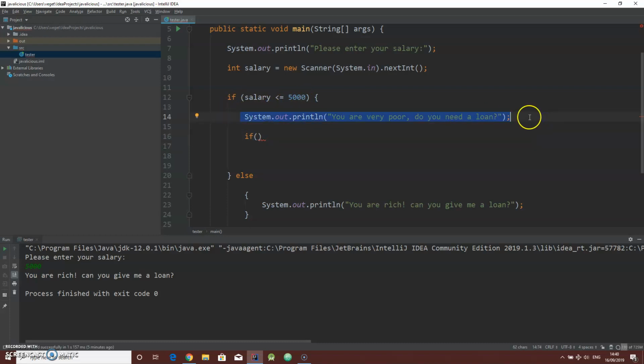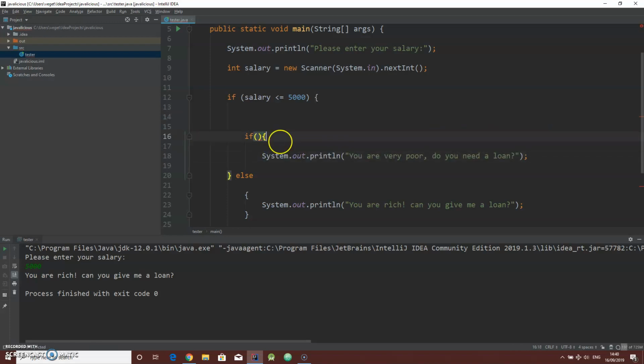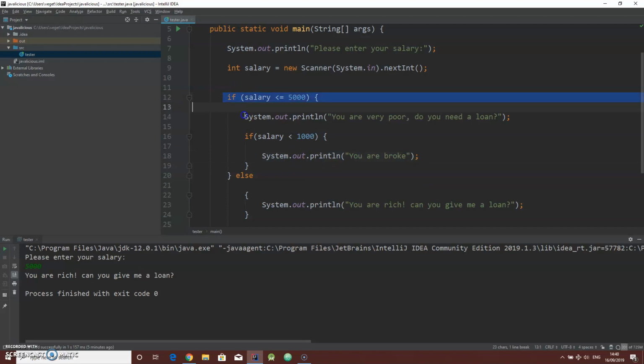But we can take this thing and put it here, and say if salary is smaller than 1,000, you are broke. So now it will go into the first condition and it will say, okay, if it's smaller than 5,000, then print this line, but also check